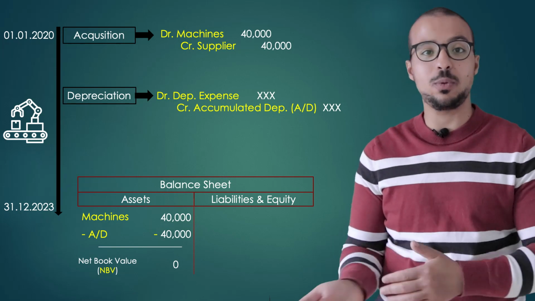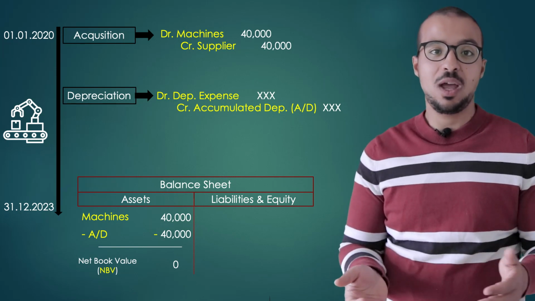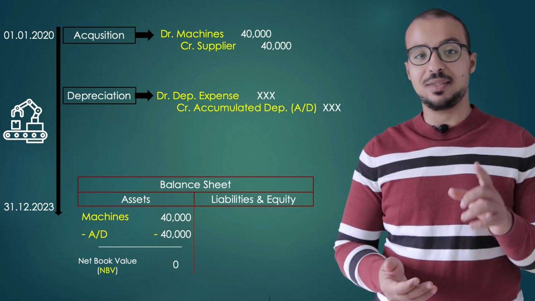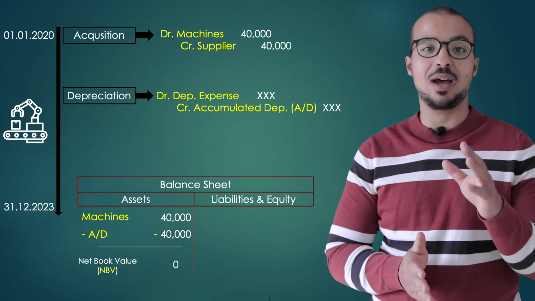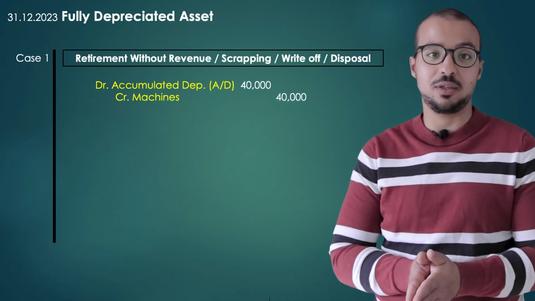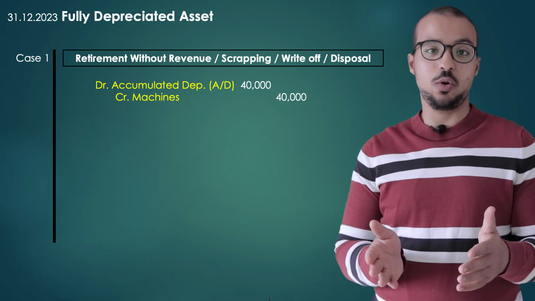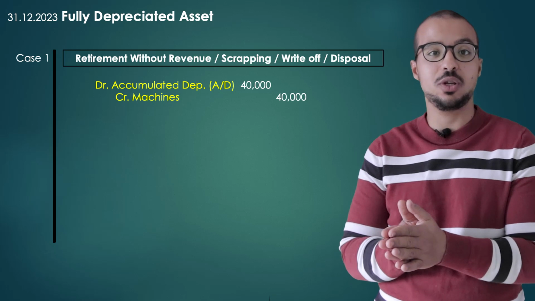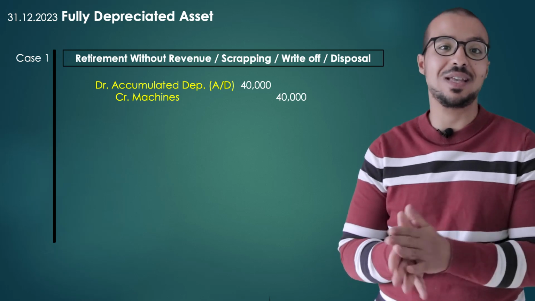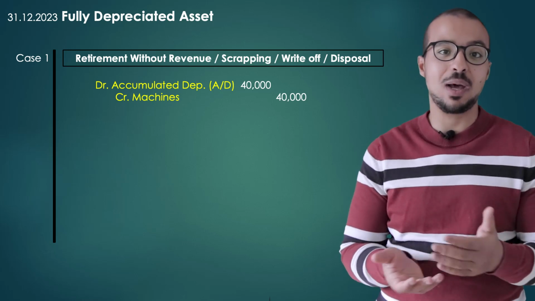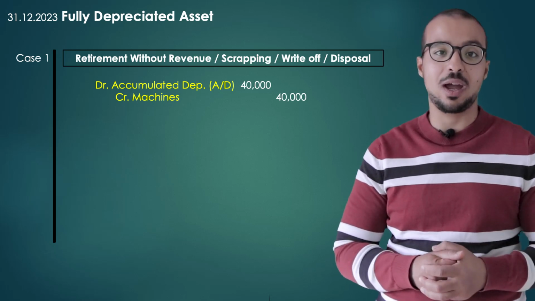Now we want to throw out this asset because it's no longer useful and we want to write it off from our books. How can we do this? This is our first business case, which is a full write-off or a full retirement of an asset that is fully depreciated. Here we are going to post the write-off and the accounting entry will be a debit to the accumulated depreciation and a credit to the fixed asset acquisition value. And since these two are equal, the financial entry is balanced